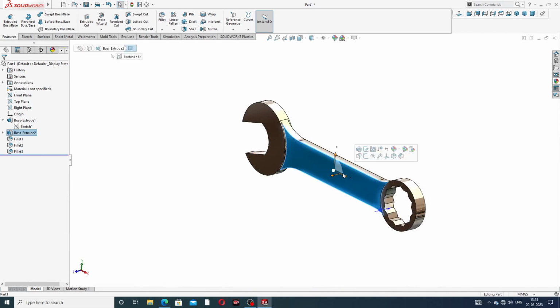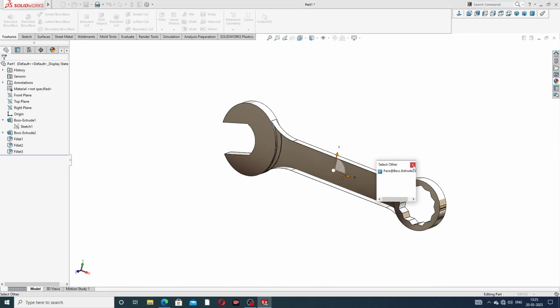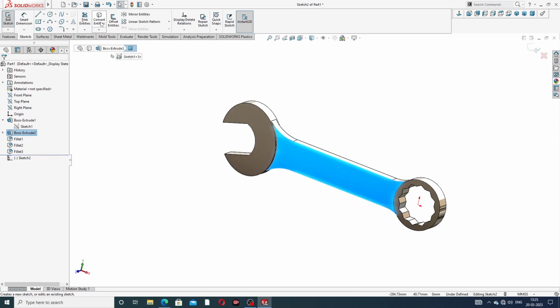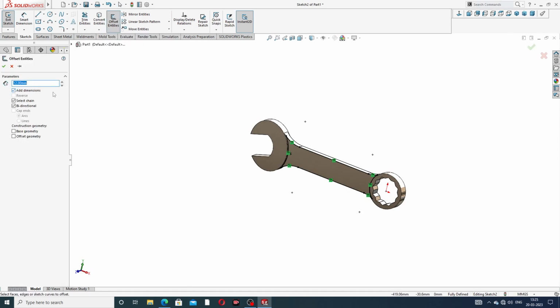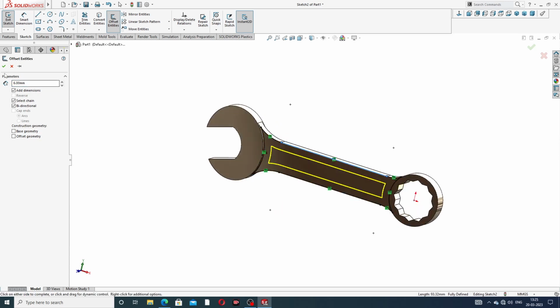Okay, select sketch. Select and sketch and use convert entities. Okay, and use offset. Offset is 6 millimeter. Select chain and bidirectional and click OK. Okay, 6 millimeter is perfect. Click OK,